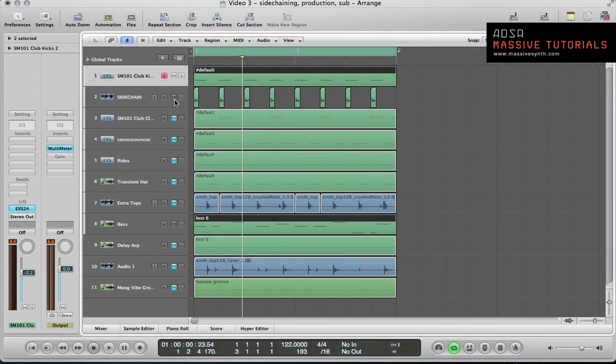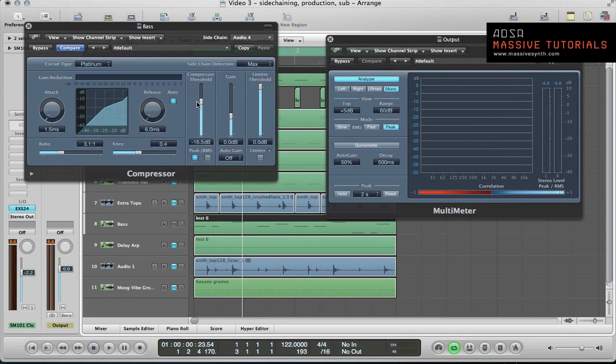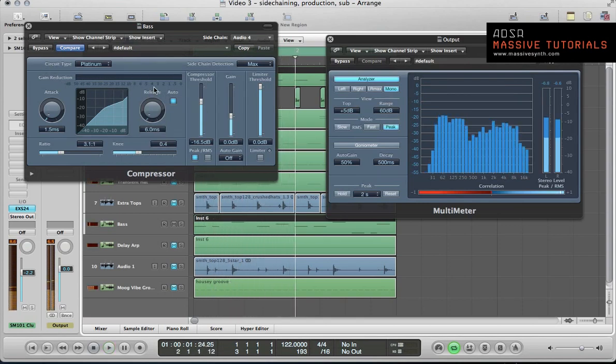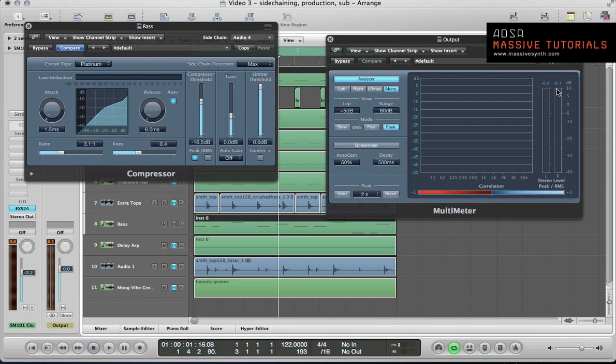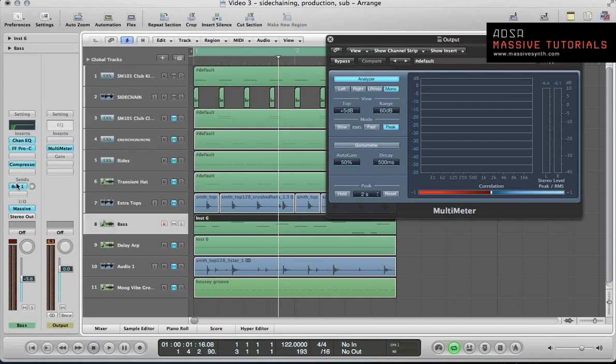And with that really short tail on the sidechain trigger, it's not too obvious that we're sidechaining that baseline, but we are actually doing about 8 to 10 dB of gain reduction. If you look here as well at the master output, we've actually saved ourselves about 3 or 4 dB in the headroom there. So next thing we can look at is some more creative sidechaining on this bus channel